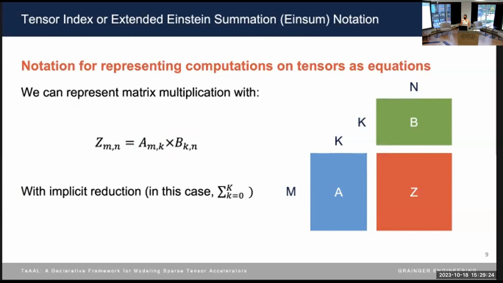The einsum provides an exact specification of what computation is performed. For each valid combination of K, M, and N coordinates, the kernel must perform a single multiplication. When multiple products are meant to update the same output value, they must be reduced together, in this case with a sum. We infer which ranks the einsum reduces across by identifying ranks that appear on the right of the equal sign, but not the left, like K in this example. Additionally, the order the ranks appear in the einsum has no meaning in our notation. Because the rank order is an implementation decision given in a lower-level specification, we prefer to write the ranks in alphabetical order. We will instead write matrix multiplication with A as AKM instead of AMK.